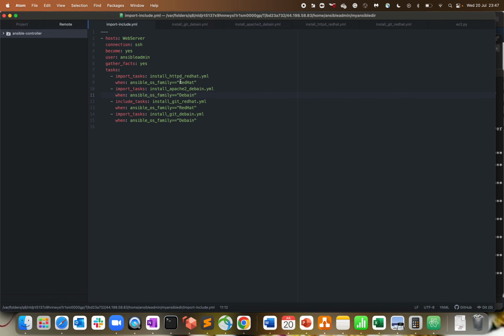What kind of operation are we doing? We are installing Apache on Debian and Red Hat, and we are installing Git on Debian and Red Hat. Two operations on two systems, so we are performing two operations on each system. Now, as you can see, we are giving a condition when Ansible OS family is Red Hat. So instead of giving Ansible OS family equals Red Hat, while importing a task or including a task, I can directly give a command over here, include